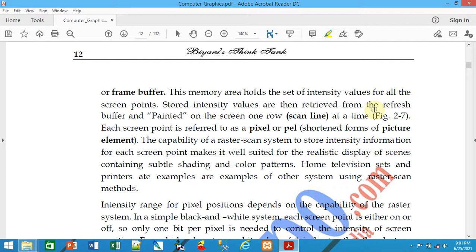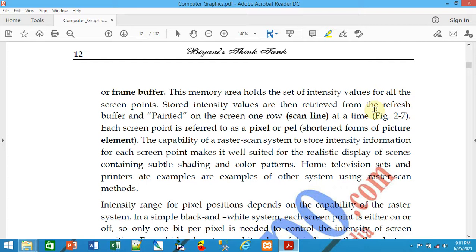The main intention of storing the definition in the frame buffer is to retrieve it later, just as we store a file in the computer to retrieve it in the future. A buffer is nothing but a small storage area. So in future we retrieve it from the refresh buffer and paint it on the screen, one row, that is one scan line, at a time.